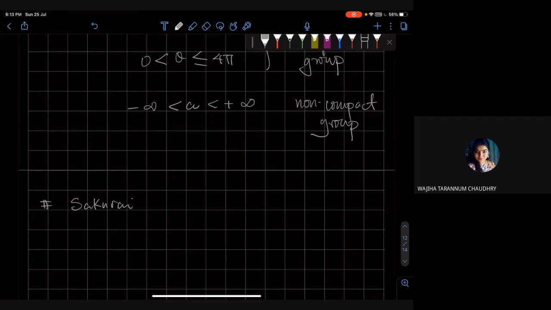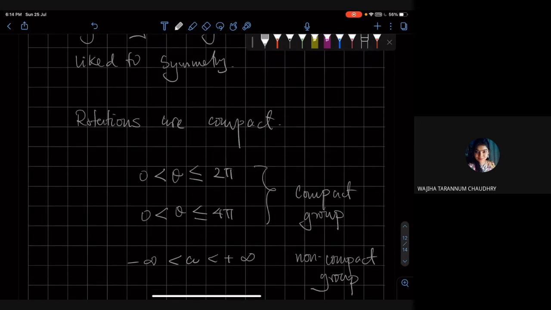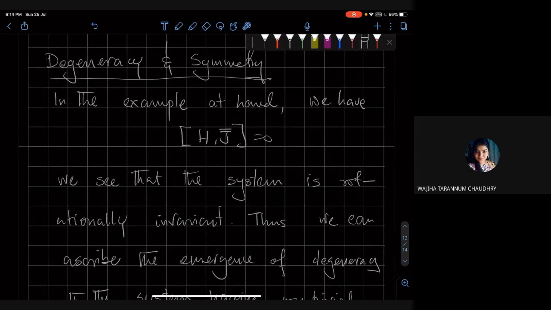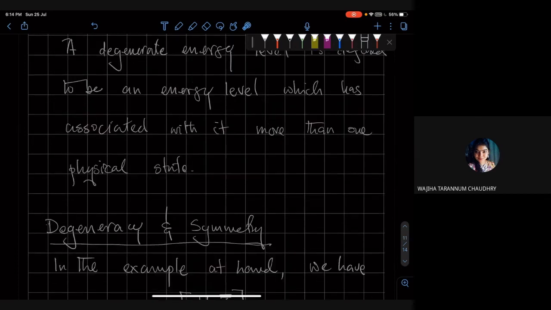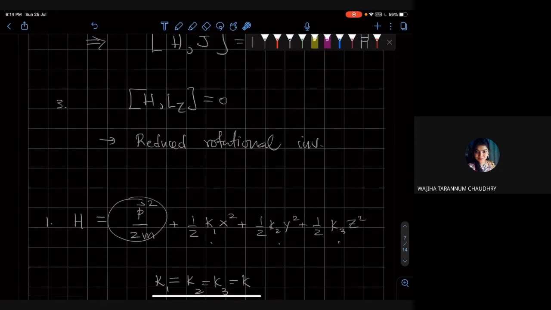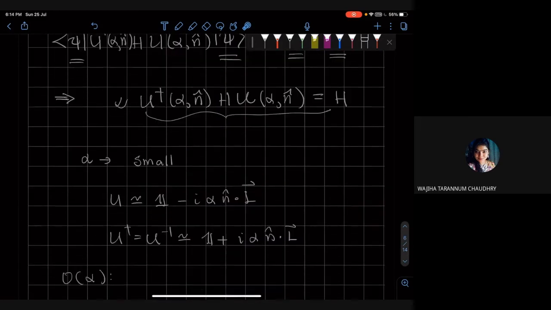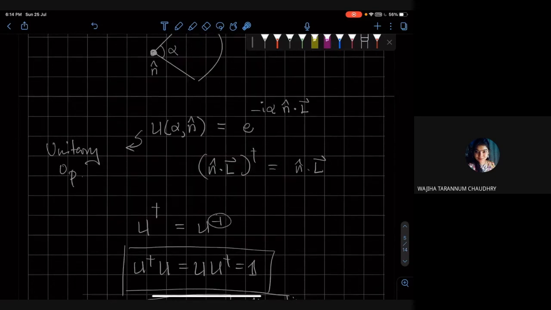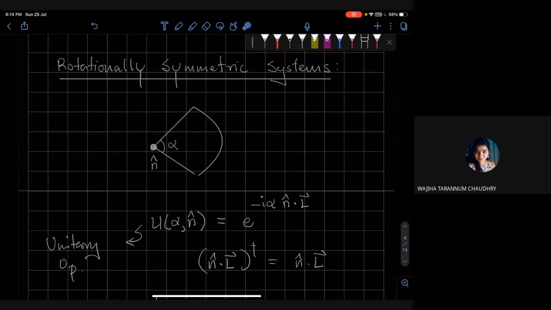Sir, I didn't get a clear idea of how degeneracy is related to the symmetry. Right. So you see that this is a statement of symmetry. Symmetry means that if you have a state with a certain energy and you rotate the system, you get a new state which has the same energy. Earlier today we discussed this over here. We started with a system, and the system was in some state psi,